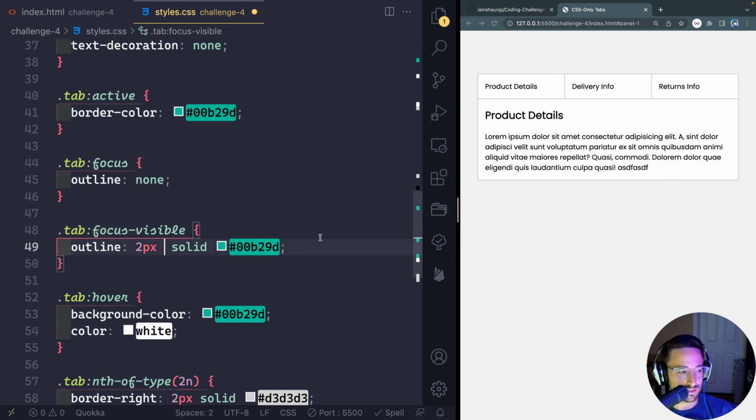No. I think that's just with the border. All right, well, there you go. Now you can tab to those. It's not quite perfect because,